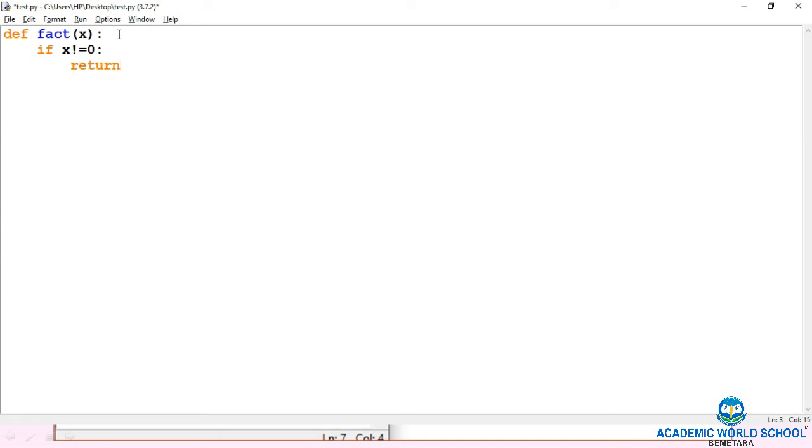Return x into fact of x minus 1. Else return 1. Now print.